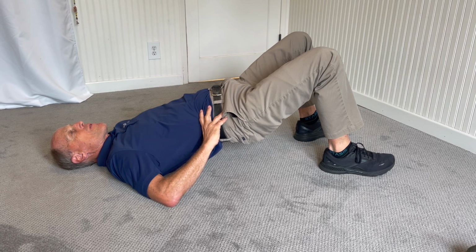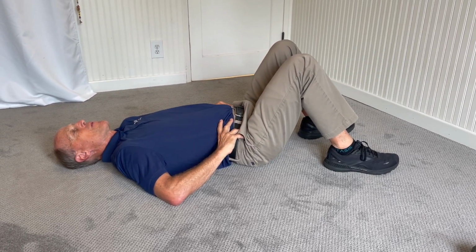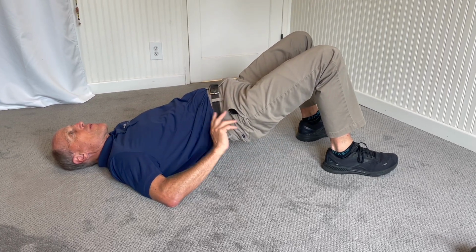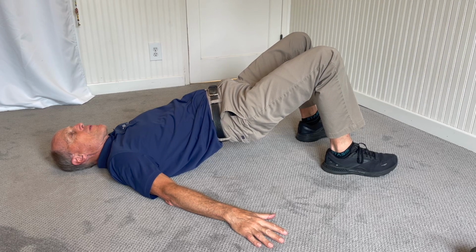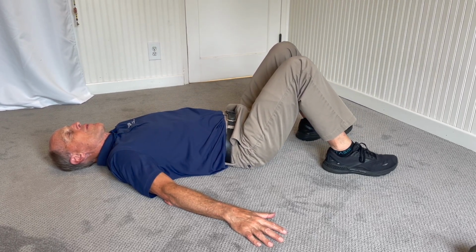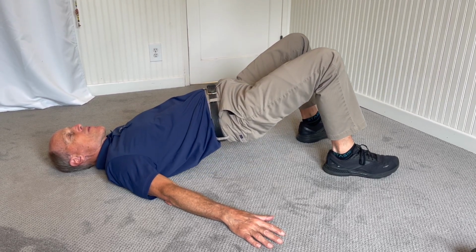And you contract the glutes, or the butt muscles. You hold it for about a 5 count, and then you relax. You want to repeat that about 10 to 20 times. So it's very important that when you do these glute bridges, you brace your abdominals so you don't